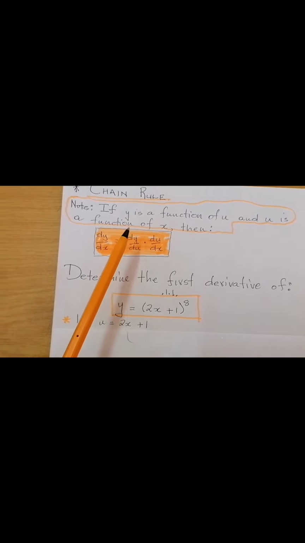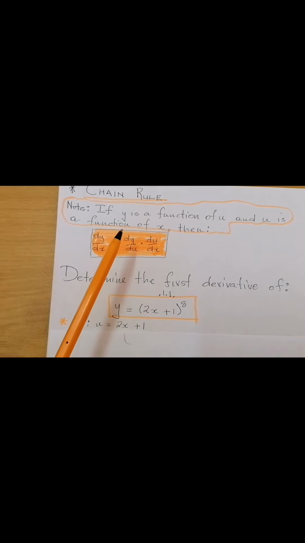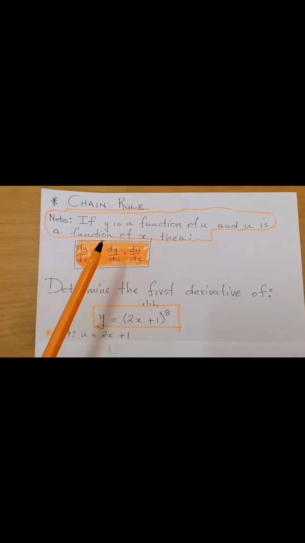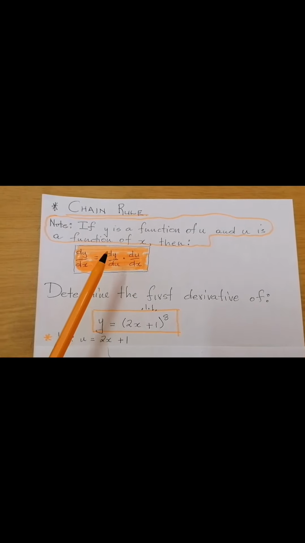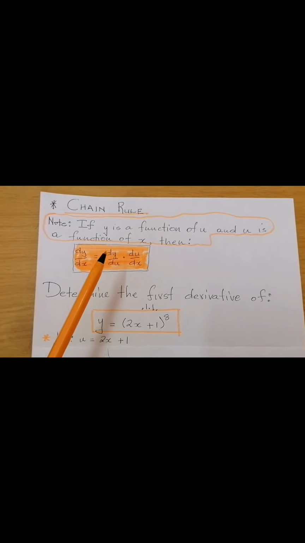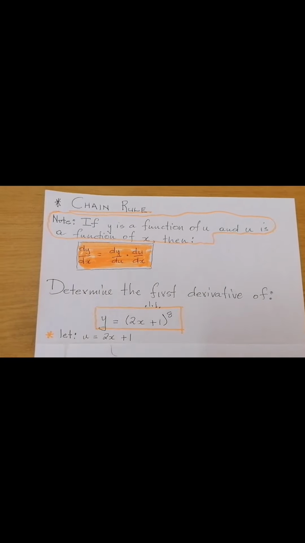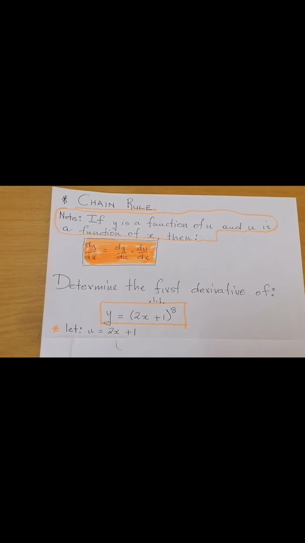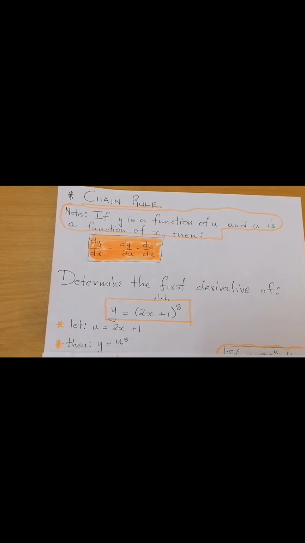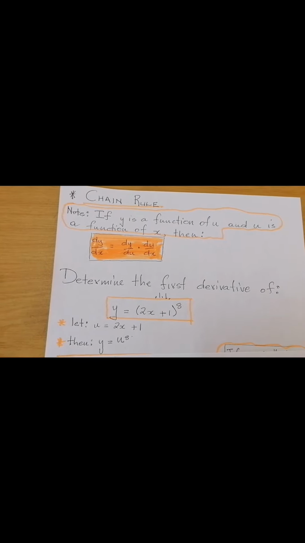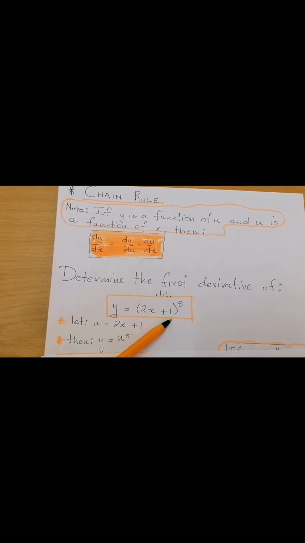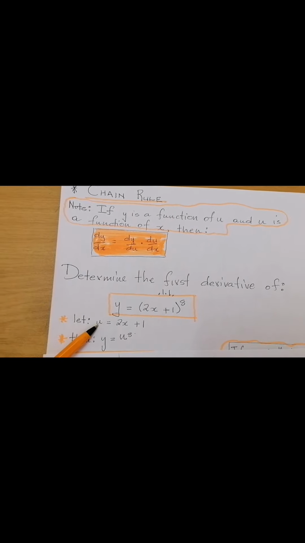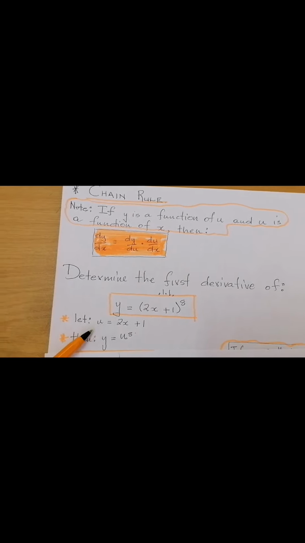Please understand this. I always want to explain the importance of understanding the rule and mastering the rule. Okay, let's move on. Now, if 2x plus 1 is equal to u,